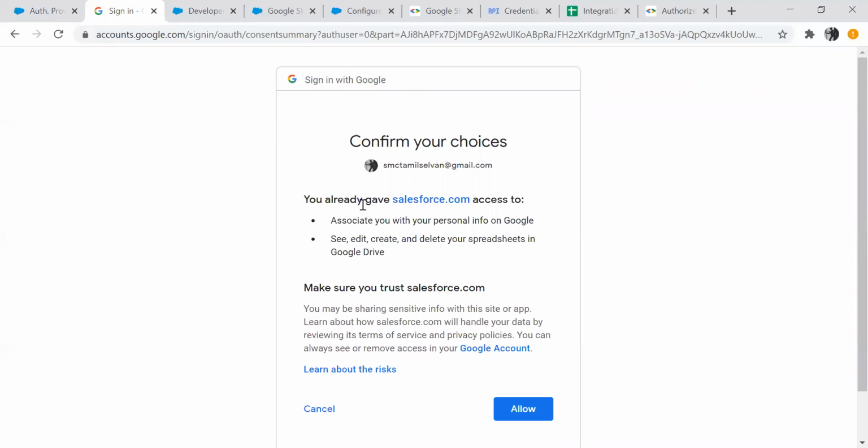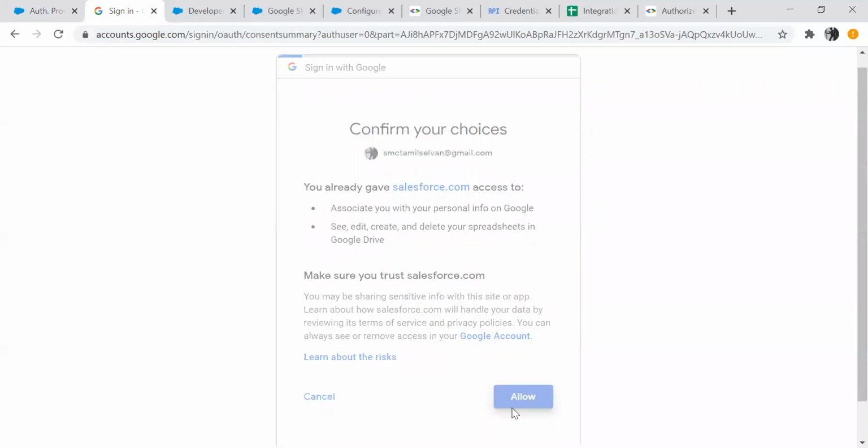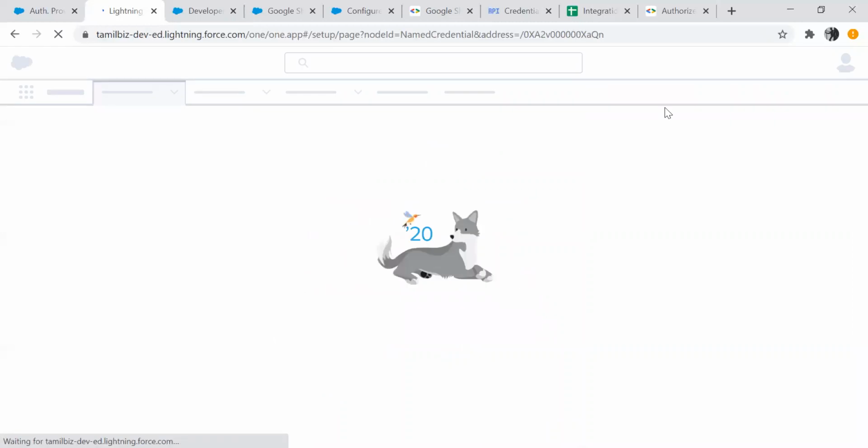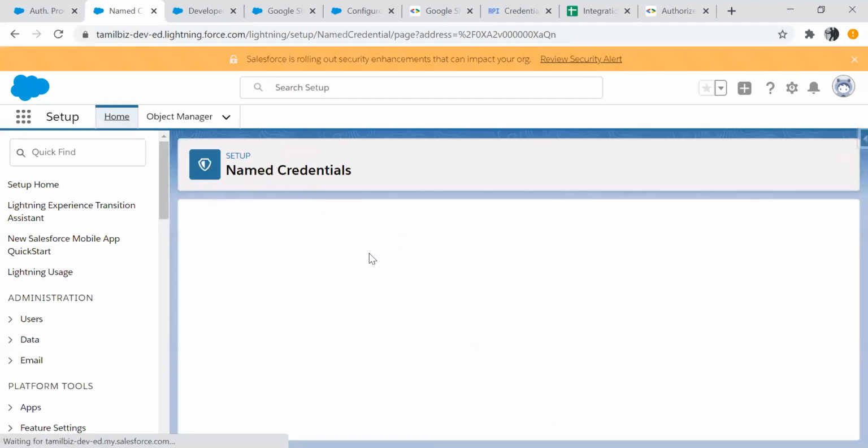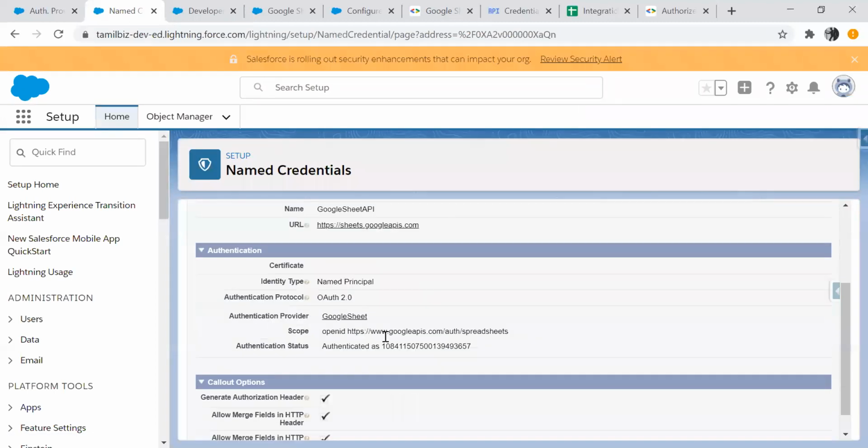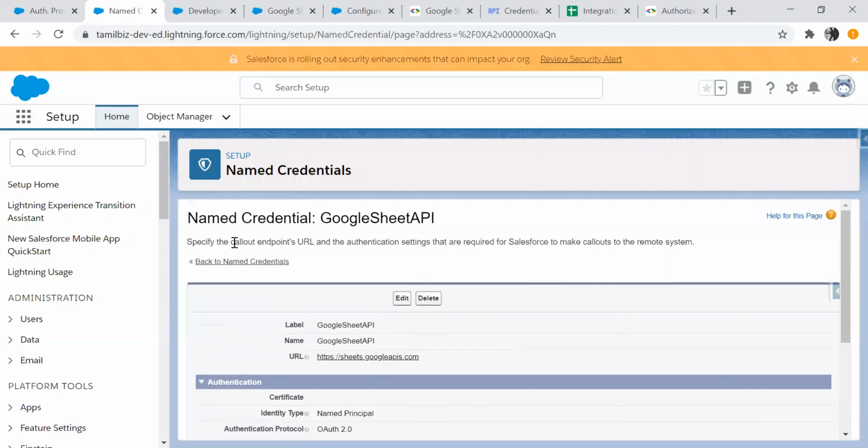Otherwise, when we are doing it the first time, it will tell us that salesforce.com wants access to the Google Sheet. I'm clicking allow. So now we can see the application status is authenticated. So we have done all the authentication part.